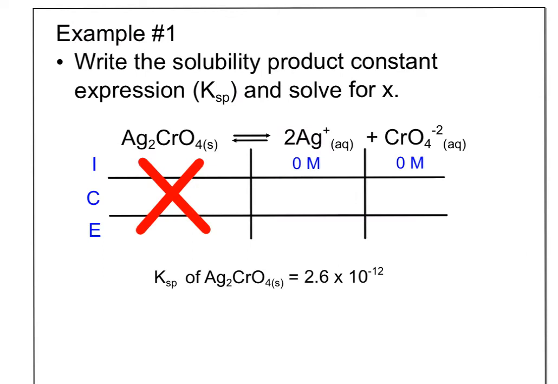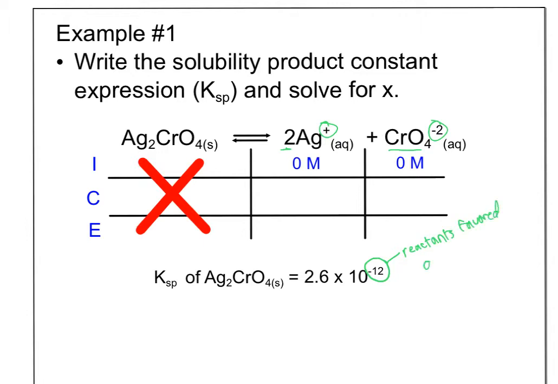So here's a practice problem, and we have to write the solubility product constant and solve for x, a review of equilibrium. A couple of things I noticed. So this guy breaks apart into 2 Ag+ and one of this CrO4 polyatomic. Notice they both have the charges. In this problem, they gave us the KSP. Notice this value is very small, which means, remember, if we do products divided by reactants, that means reactants favored